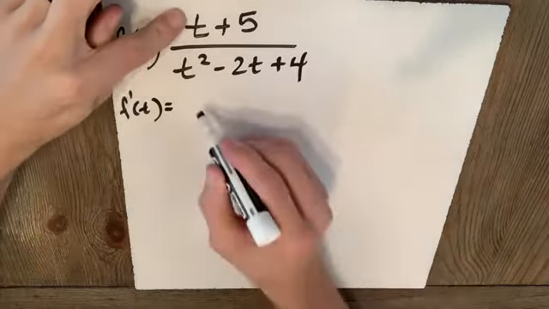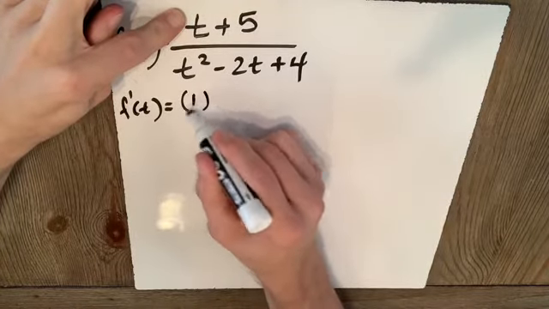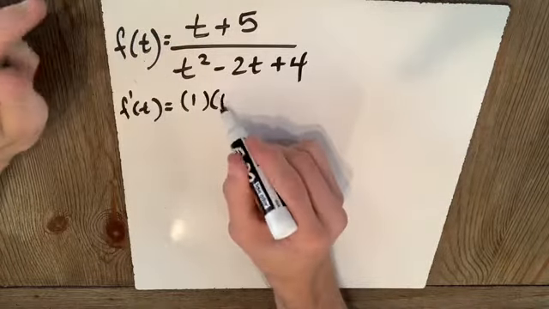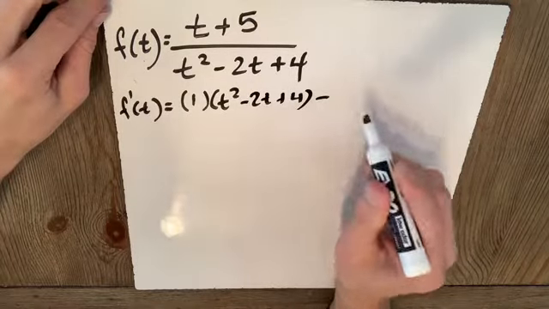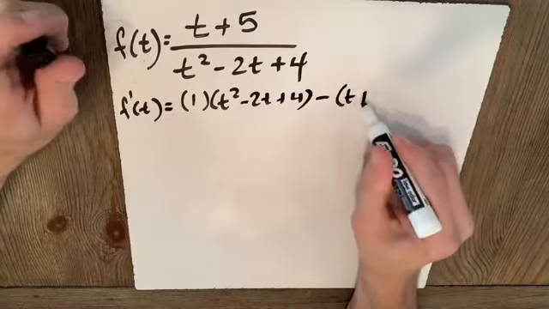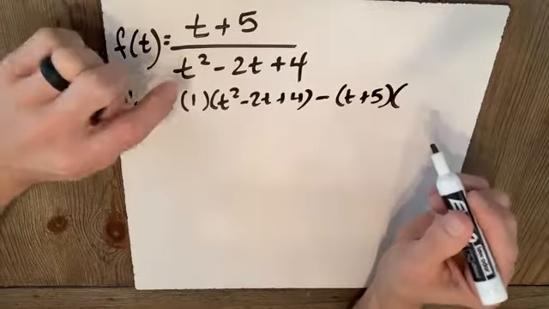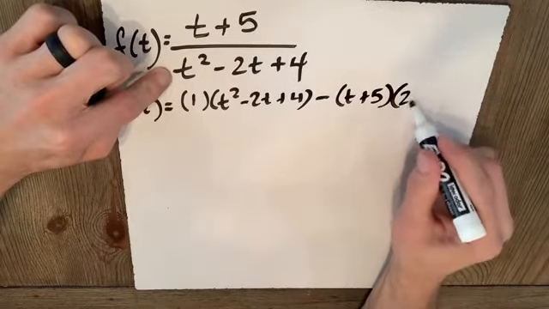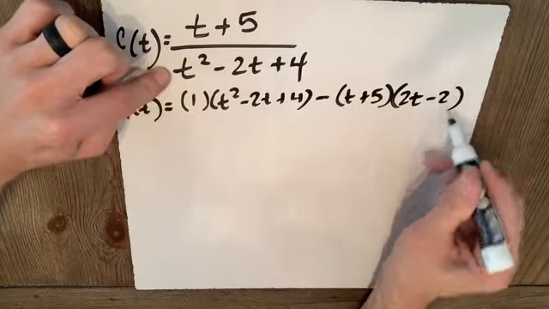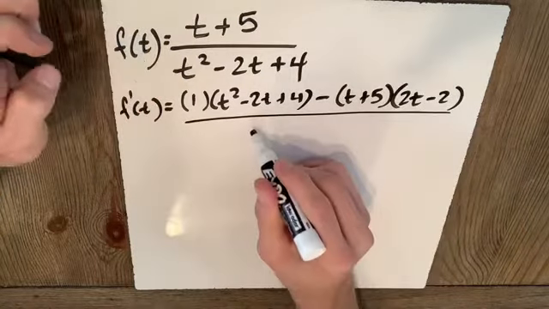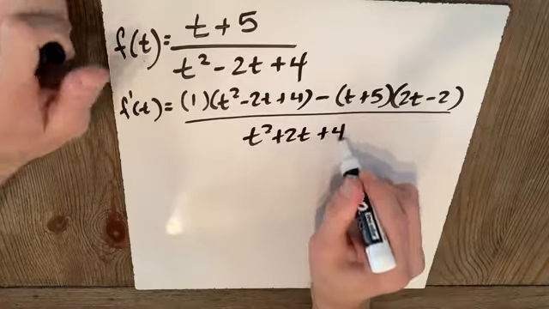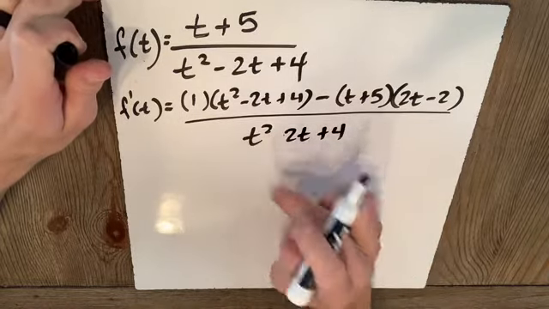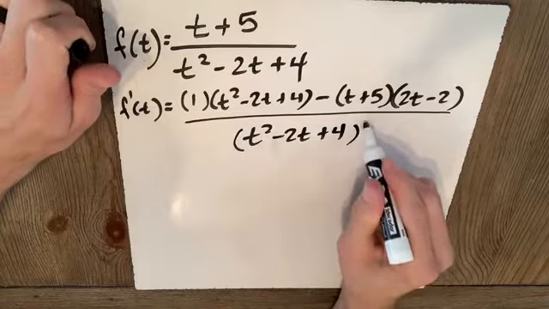The derivative of the top is 1 times the bottom, t squared minus 2t plus 4, minus the top, t plus 5, times the derivative of the bottom, using the power rule, 2t minus 2, all over the denominator, t squared minus 2t plus 4, sorry about that, this whole thing we're going to square